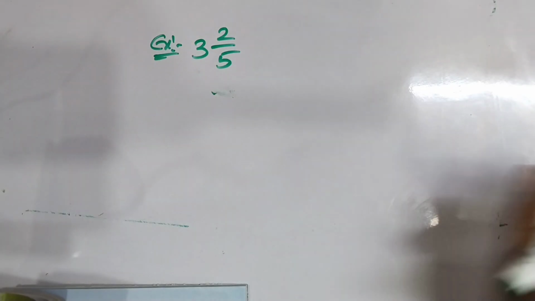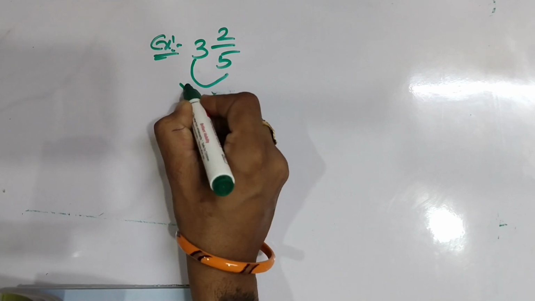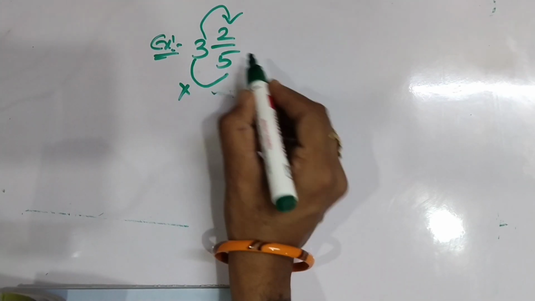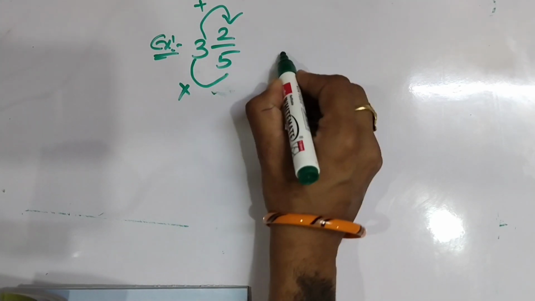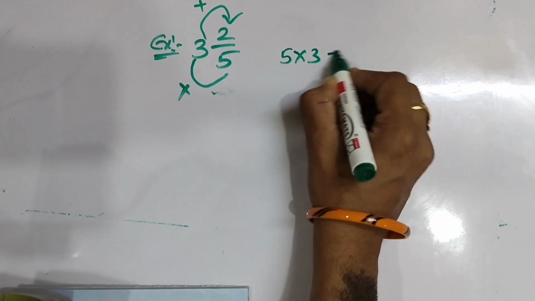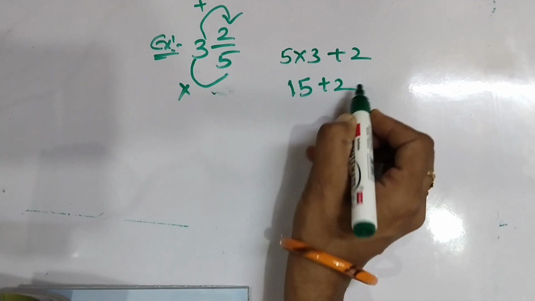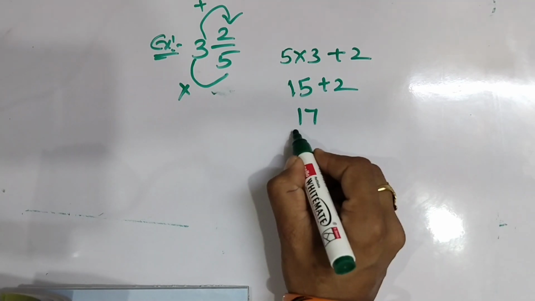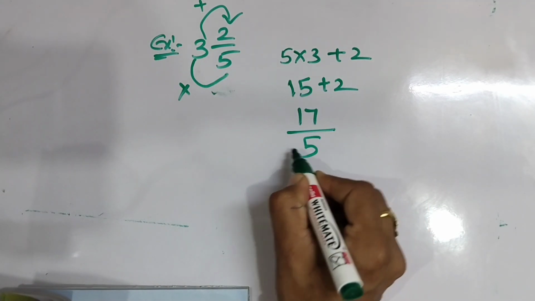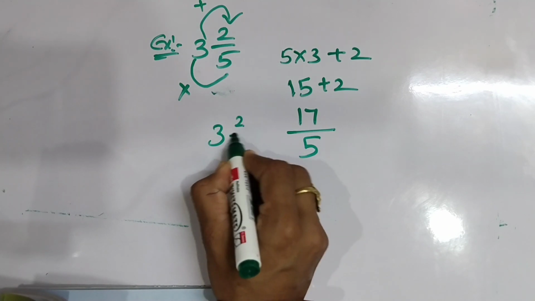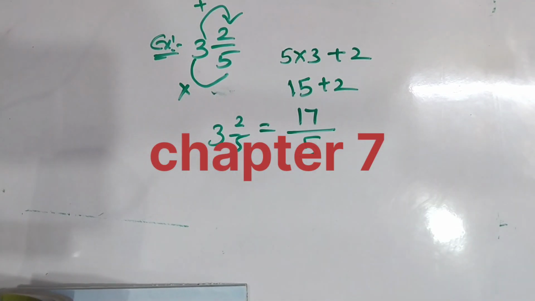At first we have to multiply these two and then add the numerator. So 5 into 3 plus 2. 5 threes are 15, plus 2, 17. So 17 by 5 is the answer. So 3 2/5 is equal to 17/5. So next